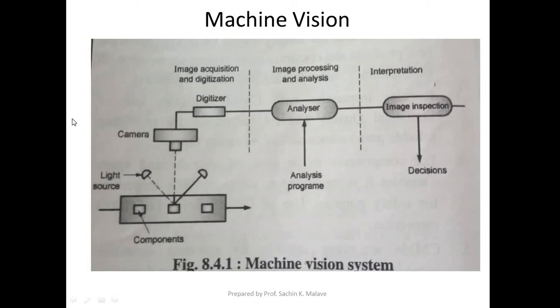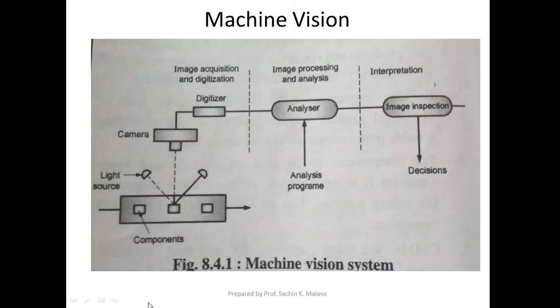Okay, so the frame grabber is the analog to digital converter, which converts the analog voltage levels of the camera into the digital level needed by the computer. As I told you, the computer understands only digital language. It does not understand analog language. So the frame grabber is going to do that activity, A to D conversion.